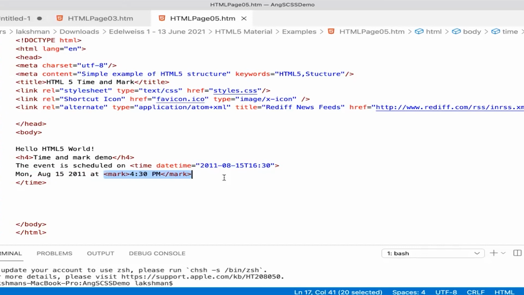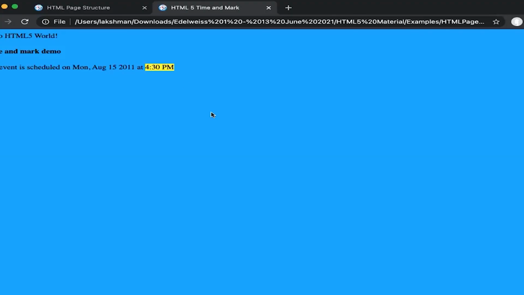That's something that I have included myself. Apparently mark can be used anywhere in the context of the document. And what it's going to do is something like this. Let me share the browser view. If you could open this page in the web browser, notice we see a highlighter kind